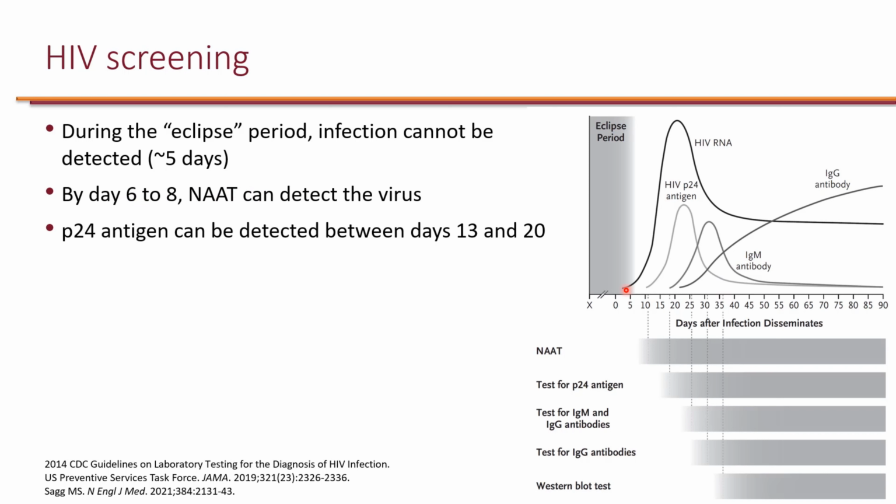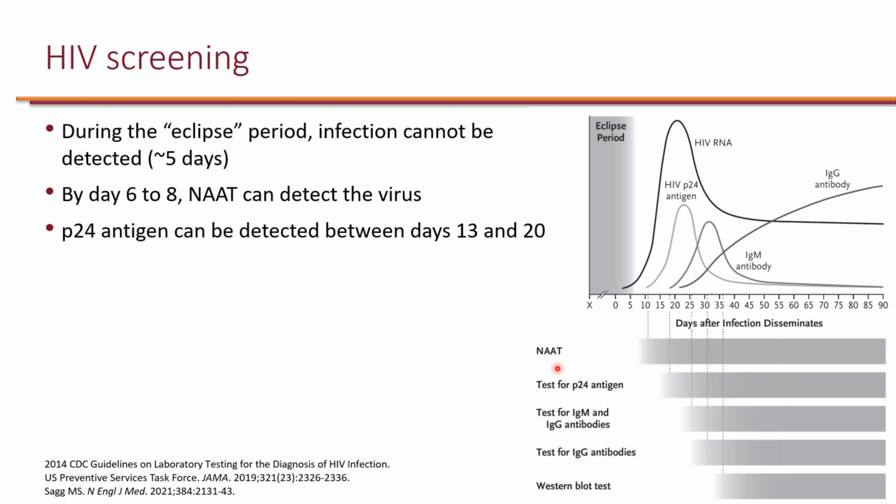Whereas within the first 5 days, it's going to be undetectable. And then between days 13 and 20 is when the P24 antigen can be detected, and depending on what source you look at, you will see different numbers. So some sources say 15 to 20 days, some say 13 to 20. It's clear that around 2 to 3 weeks after exposure is when this antigen will be detected. And then it will take significantly longer for the body to make antibodies, and then those antibody tests to be